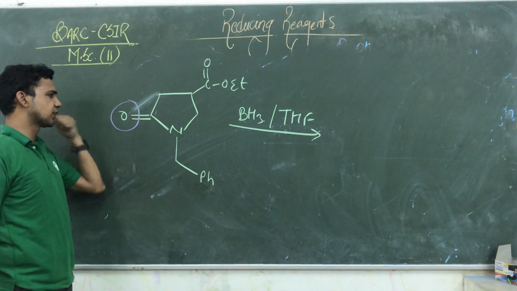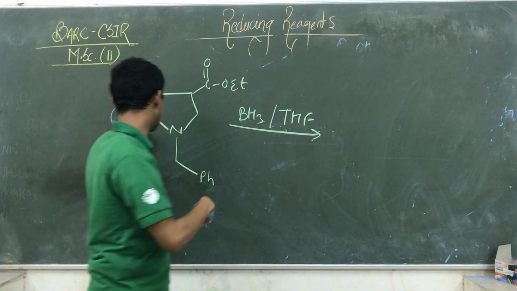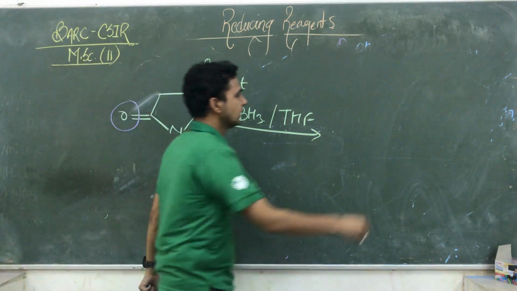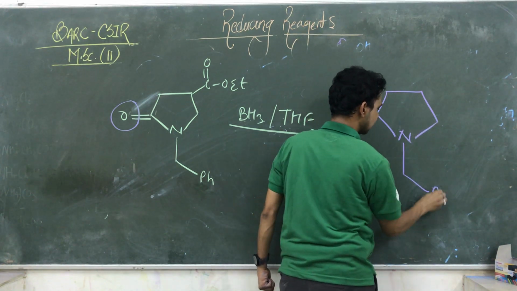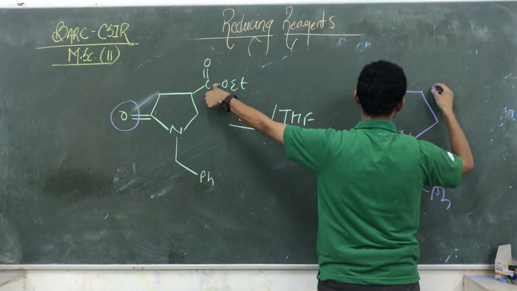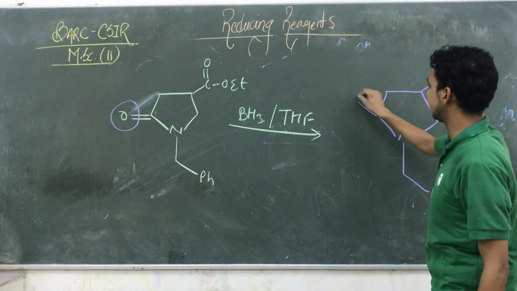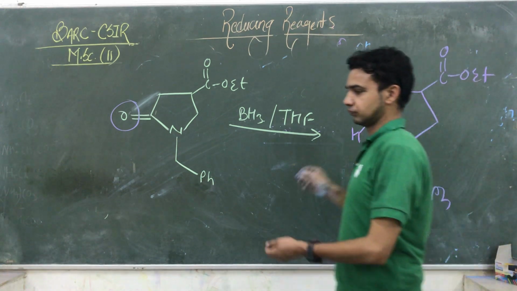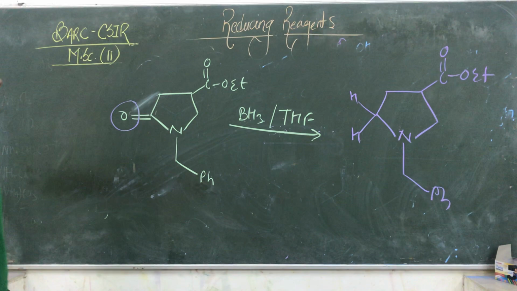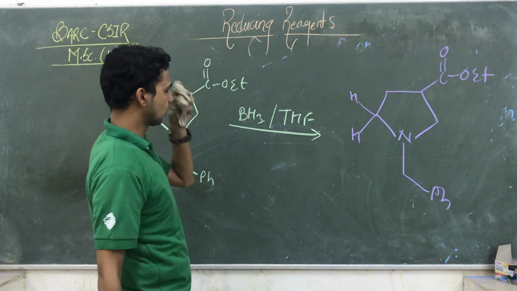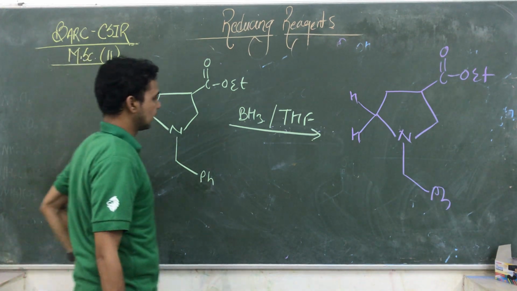They are totally removing this ketonic group if it is nearest to any hetero compound. So the main product is Ph, and you know BH3 is not affecting this SO3 group, it remains the same, and here we are getting 2 hydrogens. That is also a reduction process in which the reduction of ketones takes place easily, and that compound is able to convert into this certain kind of compound. So that is the function of BH3.